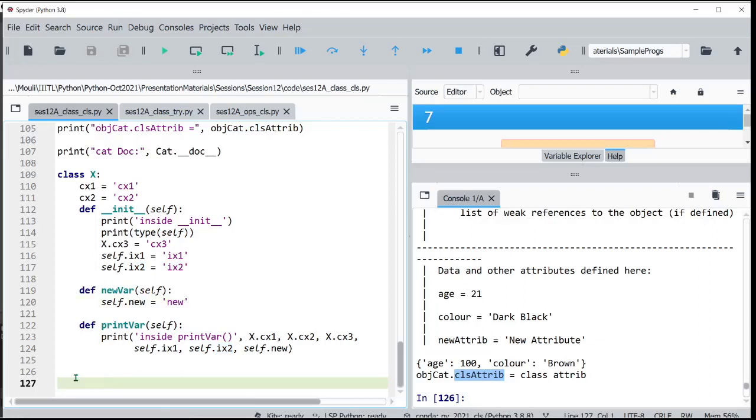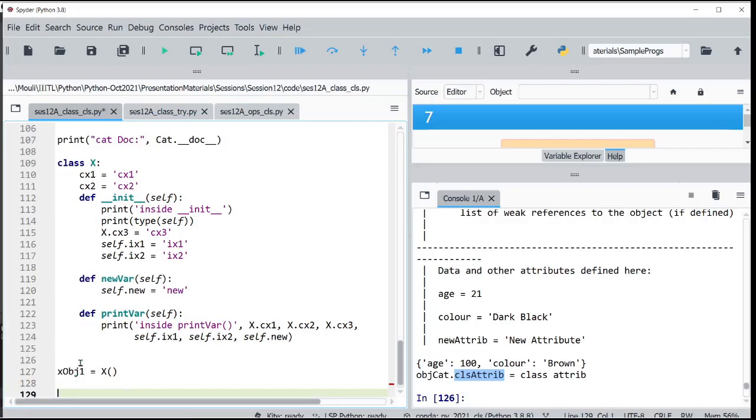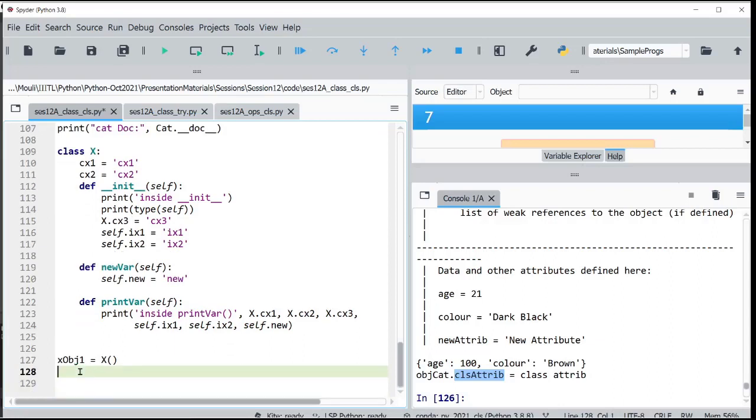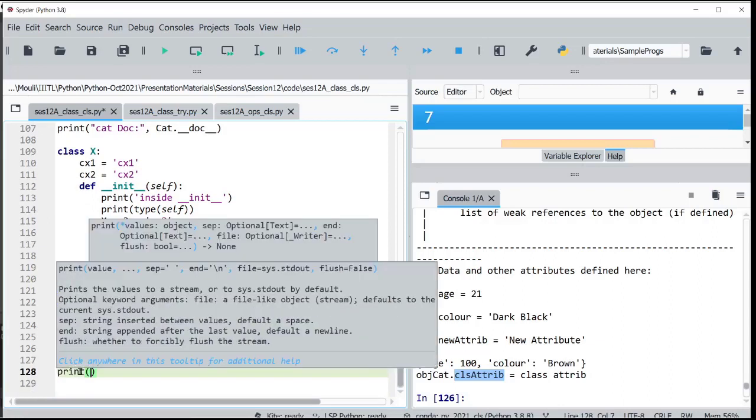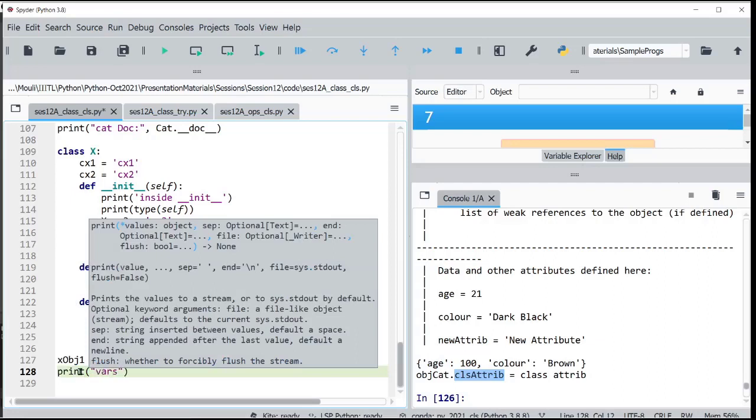Now suppose I create xobj1 equal to x, now print the dict of xobj1.